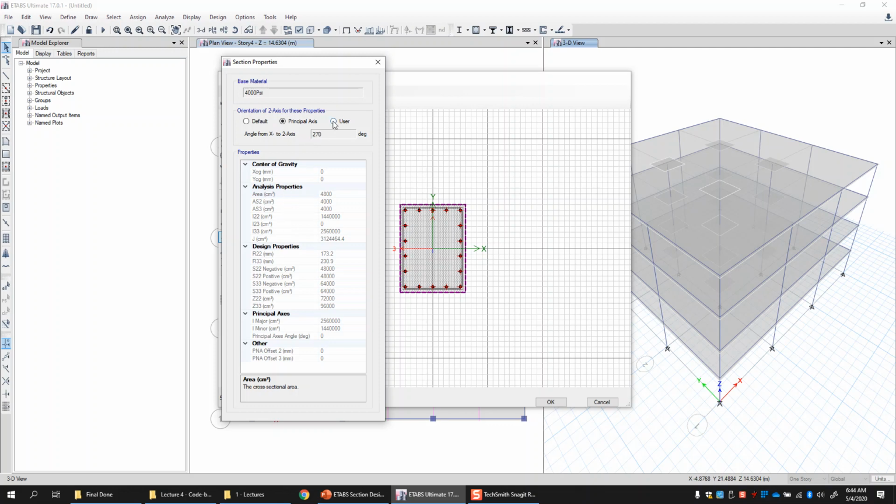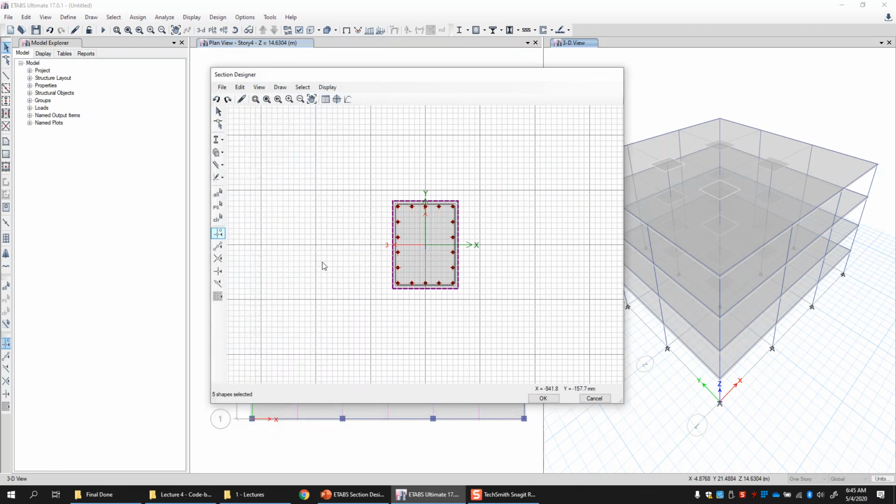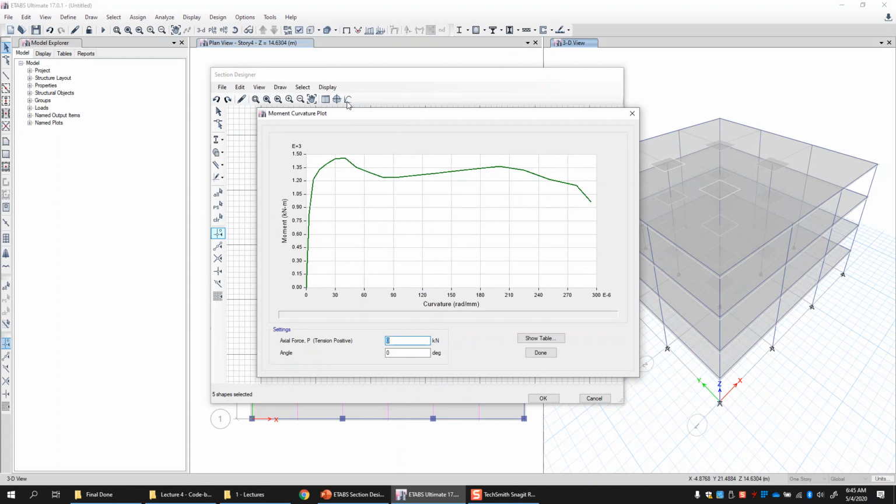However, if you go for this user defined option and select any orientation of the bending axis, for example 45 degrees, and then click somewhere, you will see that the values change according to the new axis. So if your primary bending axis coincides with the 2 or 3 axis or the x or y axis, then you should go for the default option and not the user defined option. So I cancel this one, and then I go to the moment curvature relationship now,